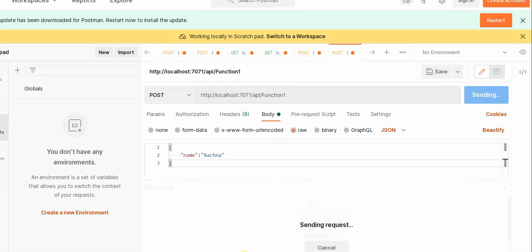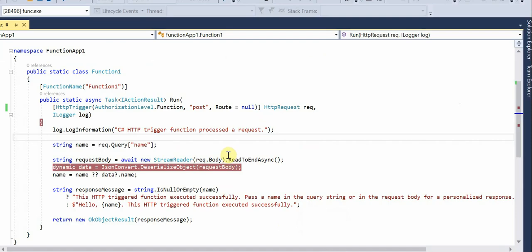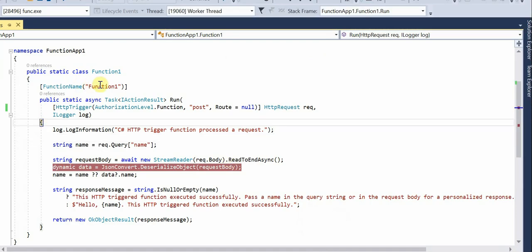Now this will hit the Azure function that I just created with the sample input as name Rachna. Yeah, you can see this is my function name. If you want to change your function, then you need to change it here. And if you can see in the request, I will see my name that I passed. So you need to use function key F10 to go one by one. Yeah, you can see my name came here. So this is how you can debug your Azure function.